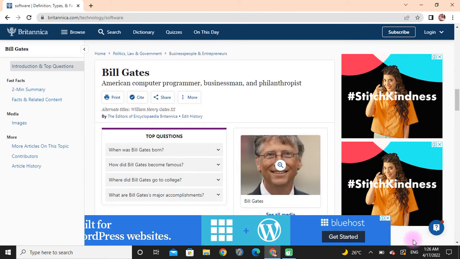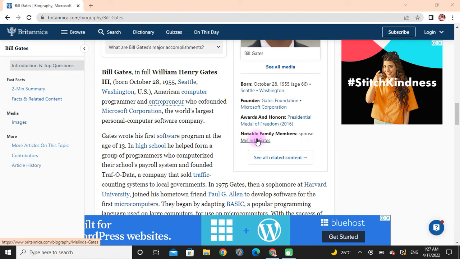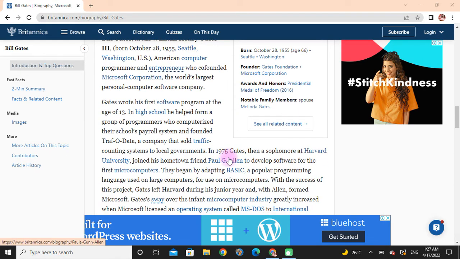Bill Gates. Bill Gates in full, William Henry Gates, American computer programmer who co-founded Microsoft Corporation, the world's largest personal computer software company. Gates wrote his first software program at the age of 13. In high school, he helped form a group of programmers who computerized their school payroll system, and founded a company